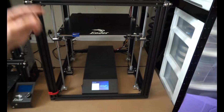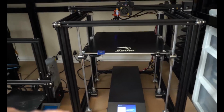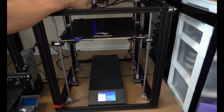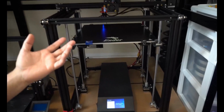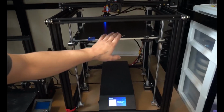So the next thing we're gonna do is, I don't have any filament loaded on it, but that's good. We're gonna heat up everything, and we're actually gonna send like a ghost print. I wanna make sure the bed heats up, I wanna make sure the nozzle heats up, and I wanna make sure it goes through its proper sequences, and it's just gonna ghost print. Then maybe I'll throw some filament in there at the end, and I'll do like the raft of the print